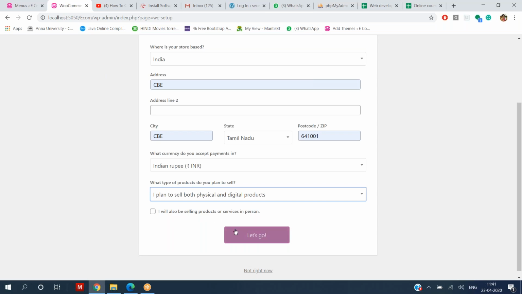And I will also be selling products. It does not mean that I'm going to just create my website. I can also sell my own product. Amazon and Flipkart have their own products to sell, right? So that is the option it is asking. So I'll also be selling the product, and I will also be one of the customers in my e-commerce website.